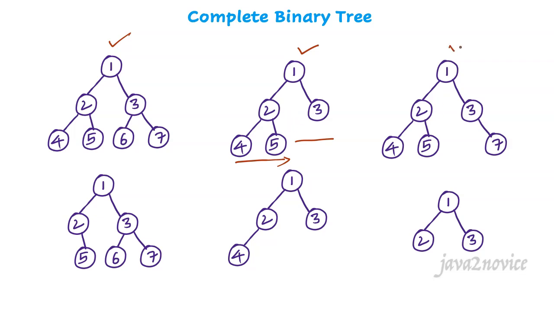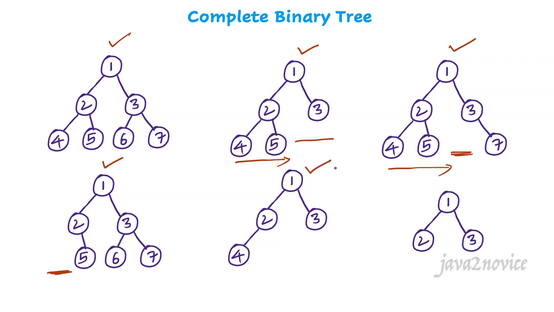Here is another example tree. The last level is partially filled in this case. But if you notice, one of the nodes is missing in between them here, which means all the nodes are not arranged completely from left to right without missing any node between them. So this is not a complete binary tree. Look at another example. Here also the last level is partially filled and the leftmost node is missing. So this is also not a complete binary tree.